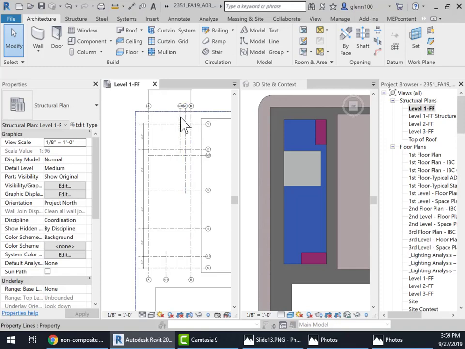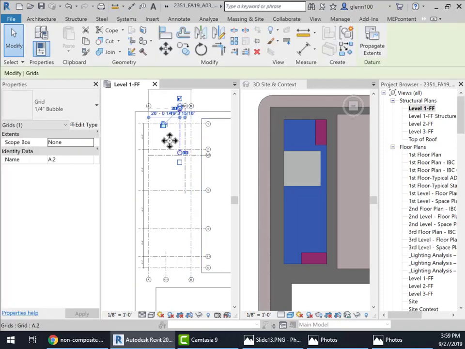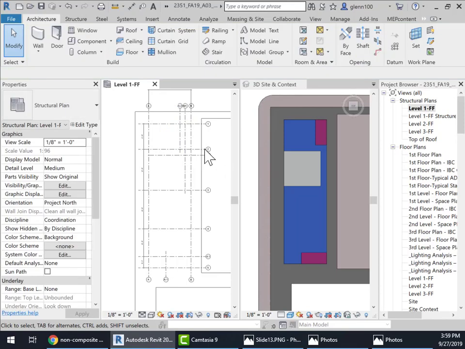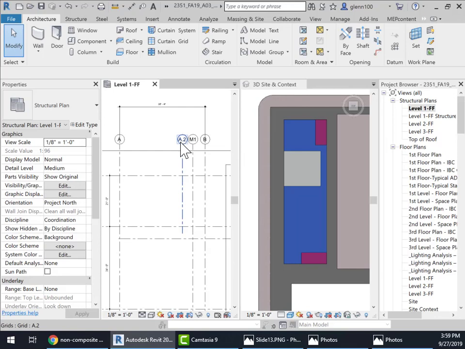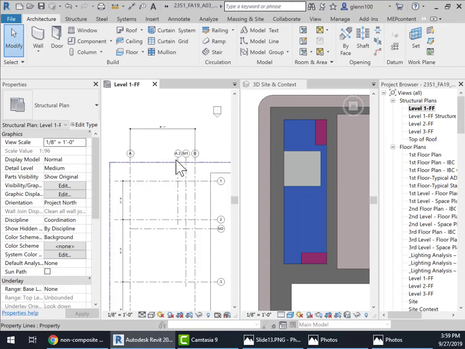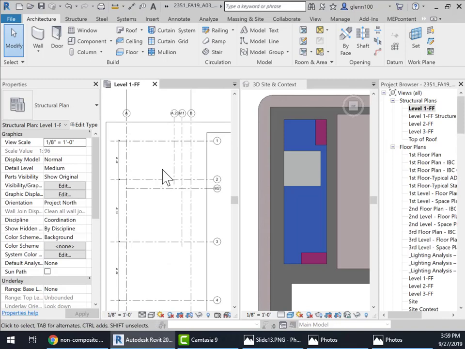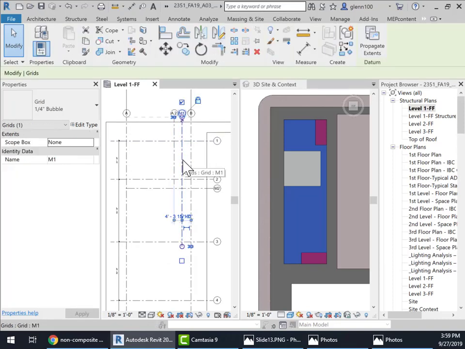So you'll see that I have another grid line here. When the grid line doesn't run the whole length, it's not uncommon to give it a secondary numbering like A2, which means it's after A or a second A, right? It's a subset of the A grid lines. And then you'll see other grid lines here called M1 and M2. Those 2 grid lines represent this edge right here of the mezzanine, these 2 edges. So M1 is the edge, and it'll need some structure there,